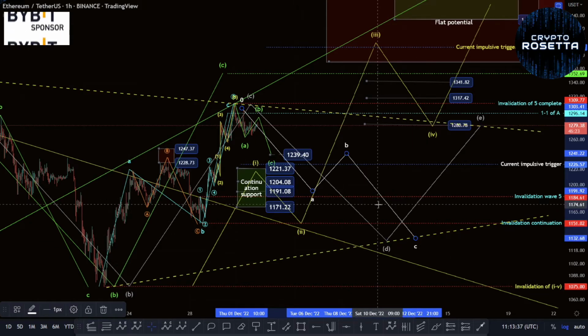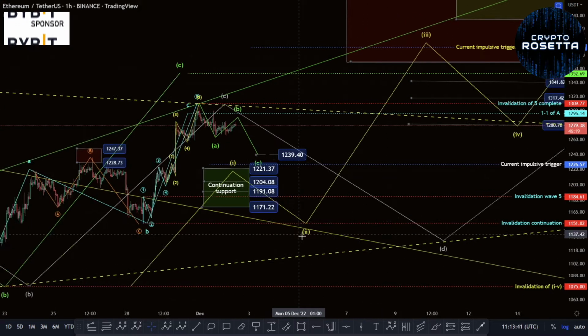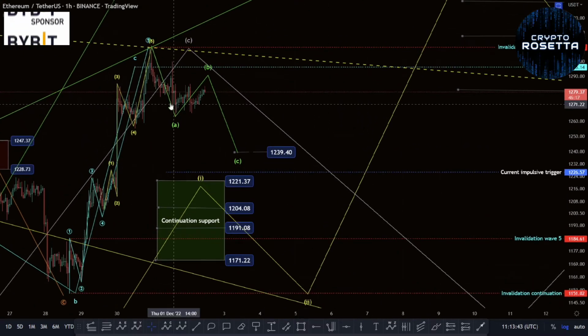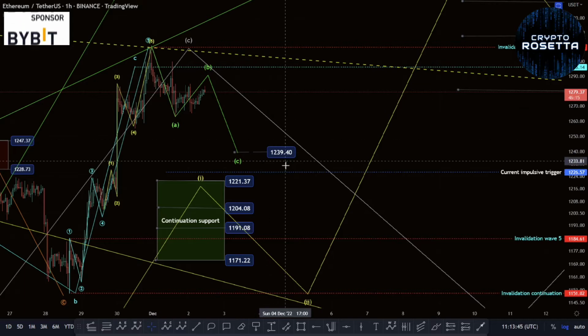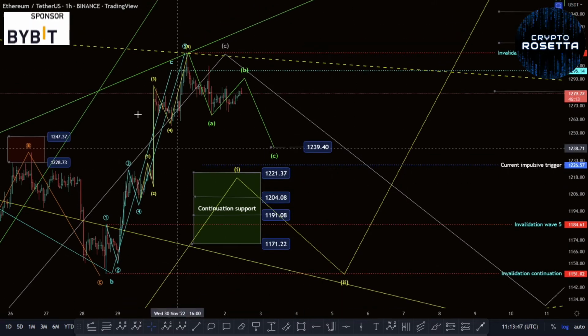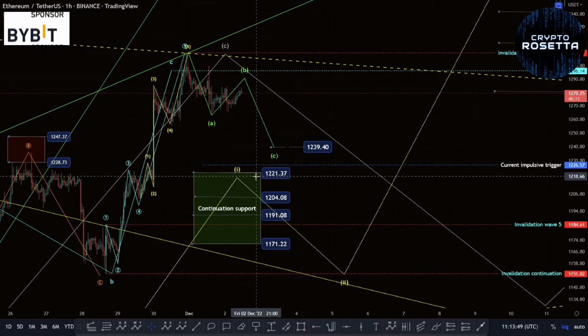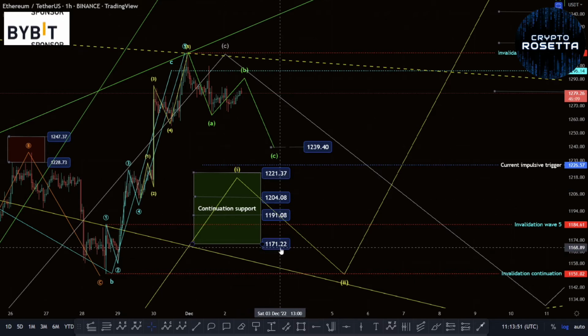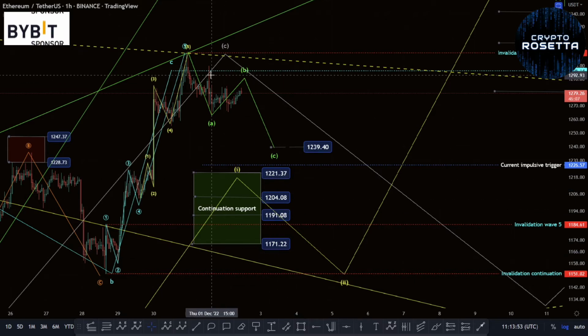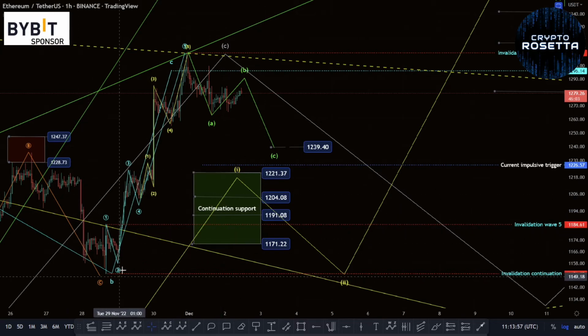So it's still early days though. Like I said, we can't confirm this till we get this D wave touch point. So we'll keep you updated with that. This is the one option. We're looking for this retracement down into this 1,221 area to 1,171 area. If we move down into this, it'll invalidate some of the other options that we'll show you now,